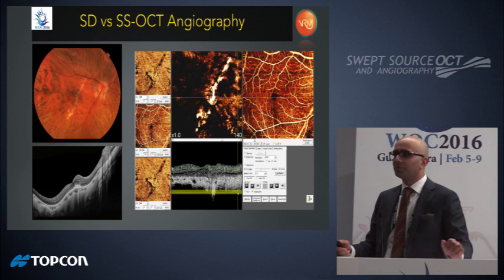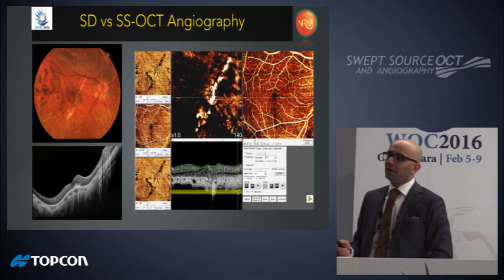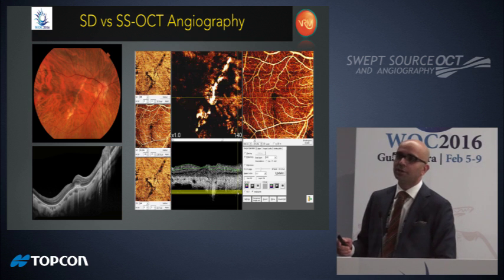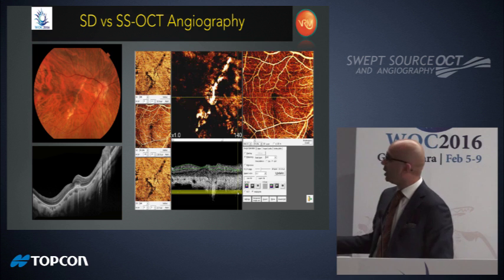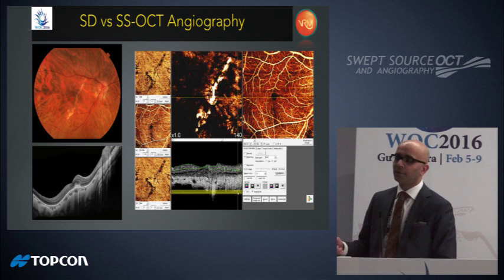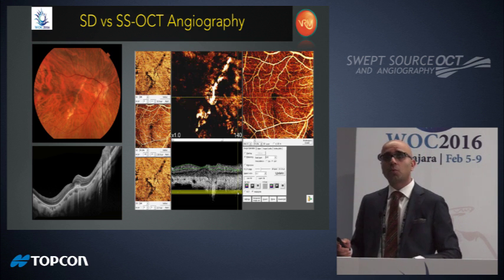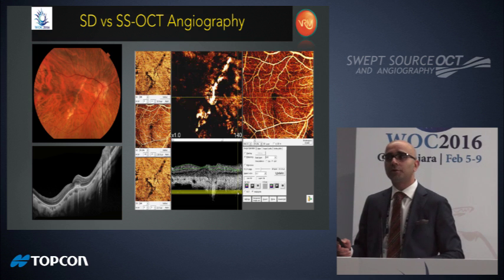So here's another example of the segmentation comparison. This is another patient with myopic degeneration, and on the left hand of the screen in the red boxes, we can see the spectral domain OCT outer retinal image, the outer retina scan, where there should be no vasculature, and we see a choroidal neovascular membrane. And on the right side of the screen, we see the swept source choroidal neovascular membrane within the outer retinal